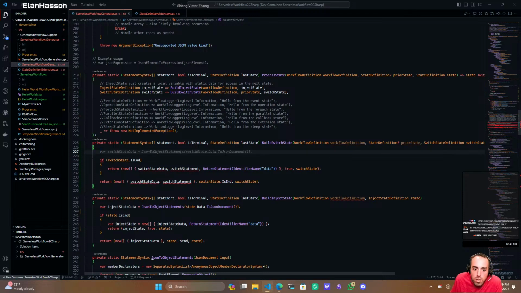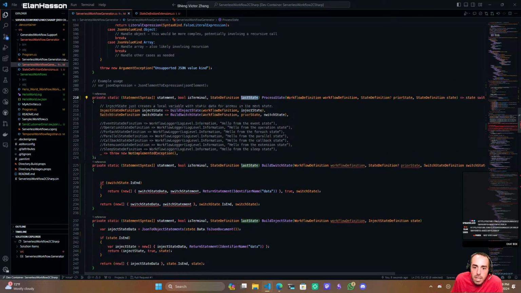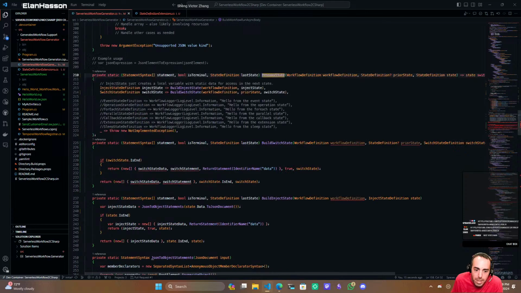So our prior state, this is last state. I don't remember what that one's for, but. Oh, last state is the one that it just processed. So I don't actually think we need last state, but let's leave it for right now because it's easy. It's in the tuple, so we can remove that there. So, all right. Okie dokie. So we've got